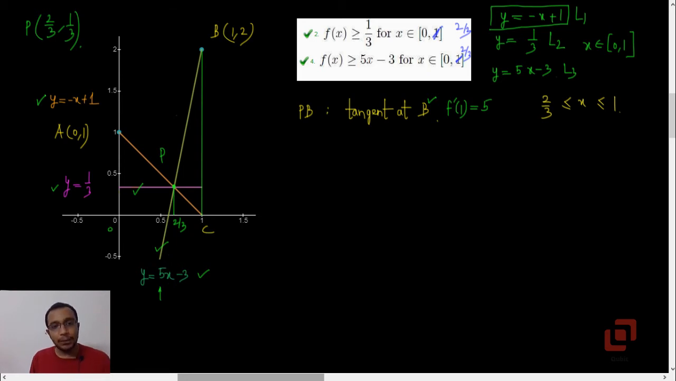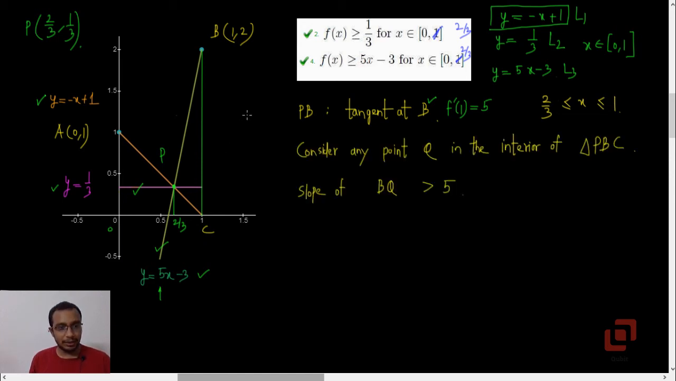Now because it is enough to discuss the interval 2 by 3 to 1, let us consider the triangular region PBC. We'll consider any point Q in the interior of this triangle, that is triangle PBC. If we take any point Q here, in fact any point below line PB, then what can we say about the slope of line BQ? Slope of line BQ will be greater than 5